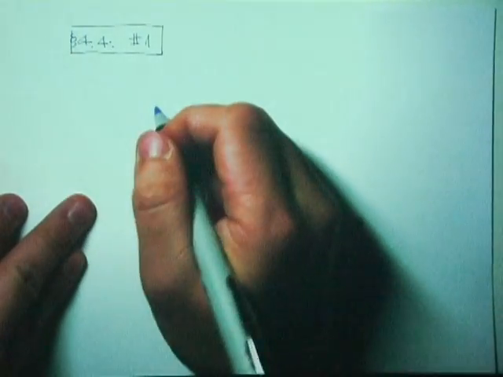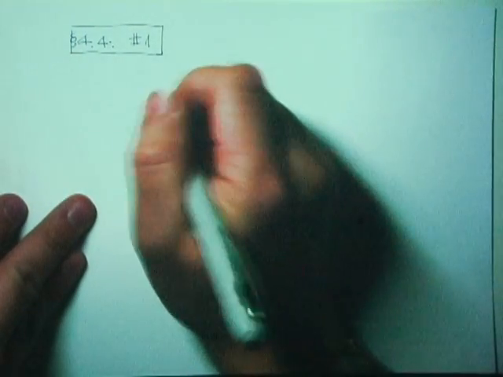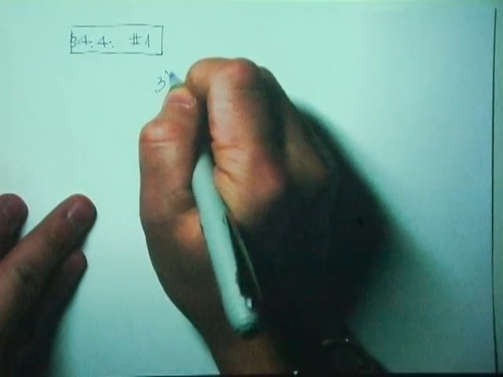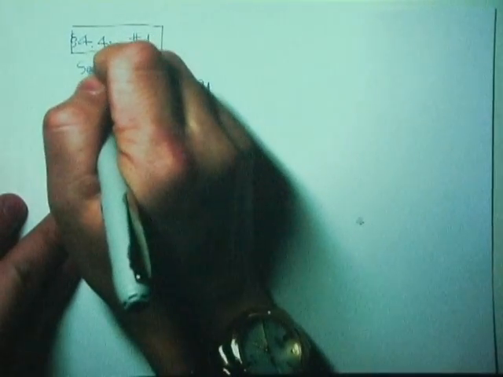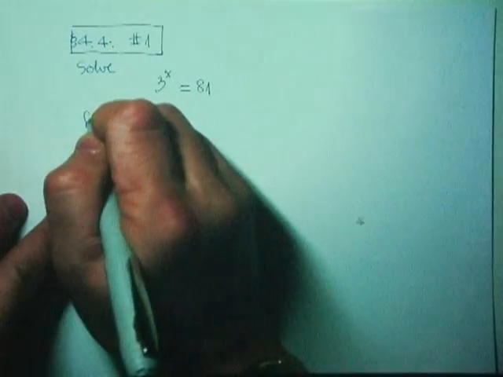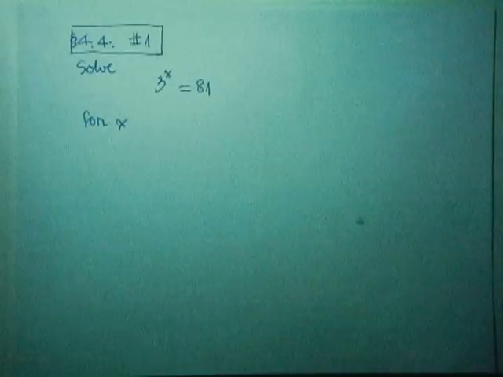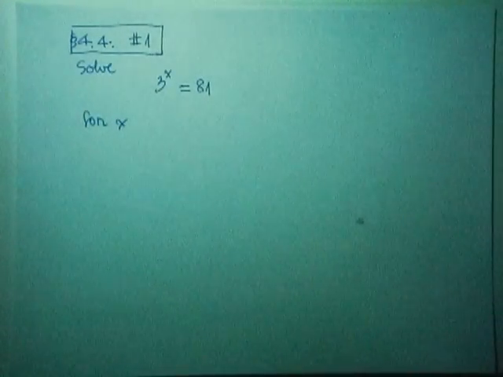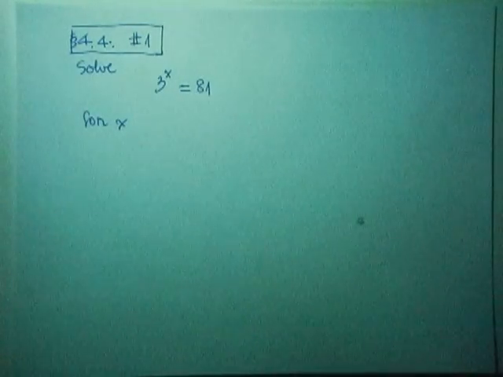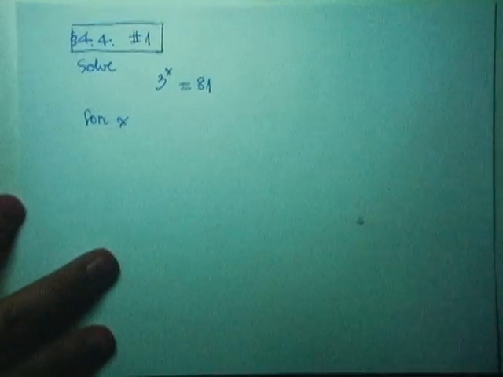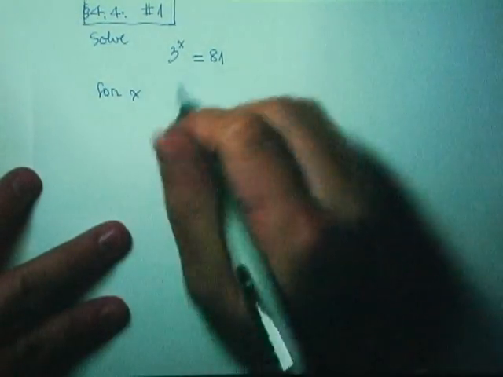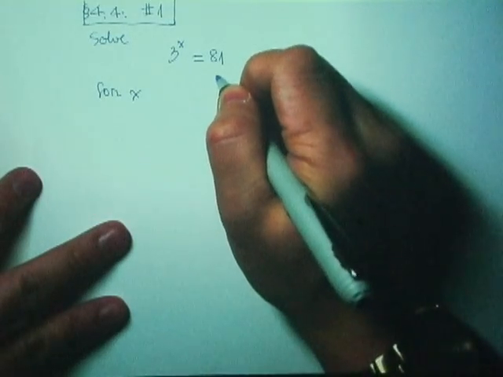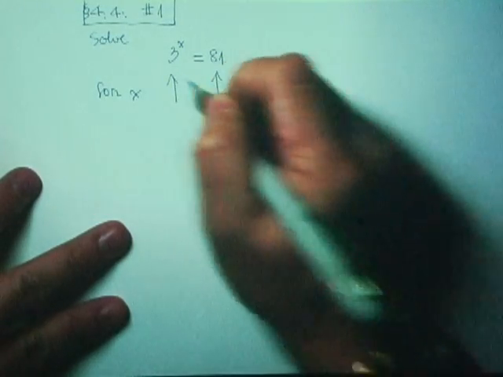Okay, and so now the equation that I have is 3 to the x equals 81, and we would like to solve this equation for x. That's what we would like to do. So now, with this equation, the trick, I mean, it's not really that tricky. Maybe at first, when you start looking at the equation, what you're seeing here is